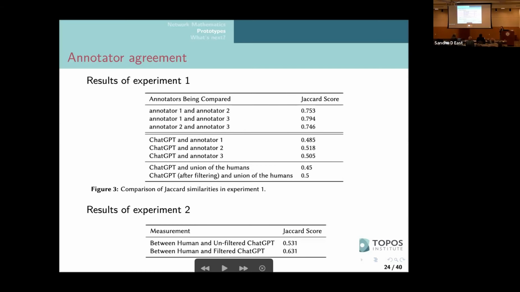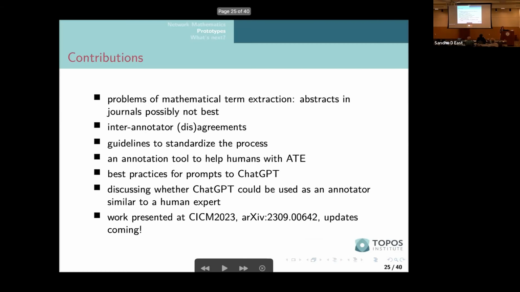So the thing that you can prove here is, you see, guys, we are treating the AI as another human annotator. So you have 3 humans and the AI as the 4th annotator. And what you can check is how the annotators agree with each other, which is not a very good measure, I admit freely. But we have some contributions on that, and we present it in some places. We're still trying to finish it better, but it's not something that I wanted to go more on. I want to go to the next one,